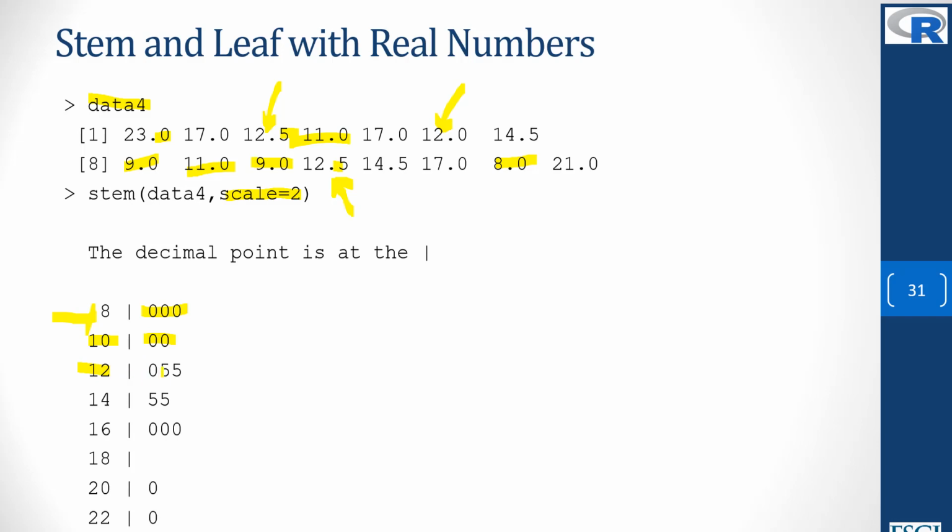Now it's not doing them in order, it's just using the lower leaf value first. So 12.0 comes first, even though this 12.5 comes before it. And so it's doing it in numerical order. And so 12.0 and then 12.5 and 12.5. 14, what do we have for that? We have, here's a 14.5 and here's a 14.5. Nothing else between 14 and 16, so we see those two 14.5 values. And then there's nothing for a stem of 18, and we start up again with 20, where we have a